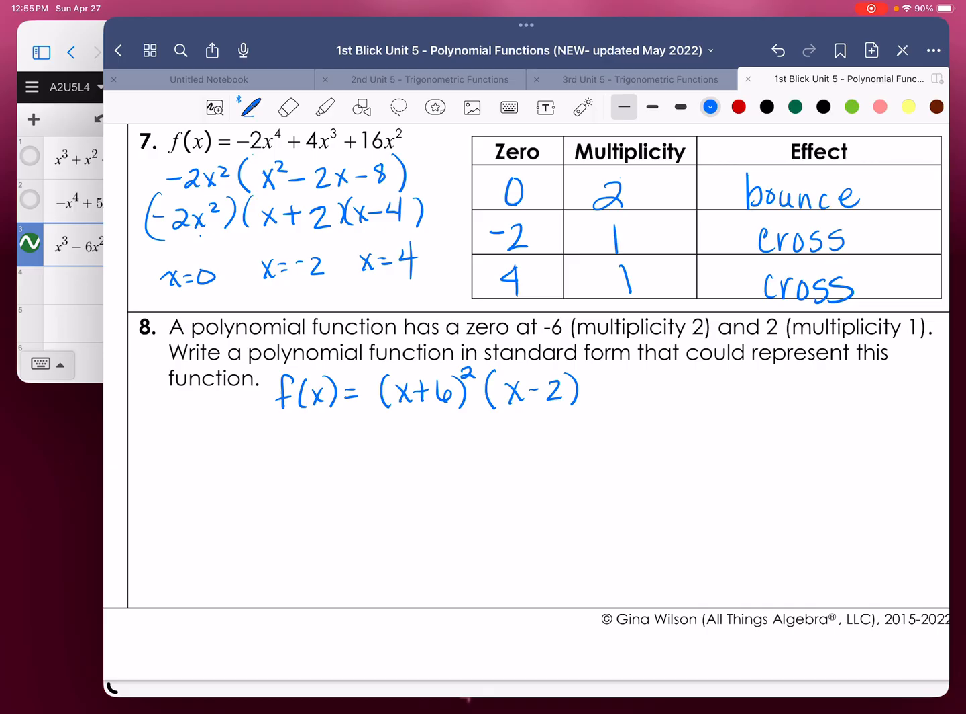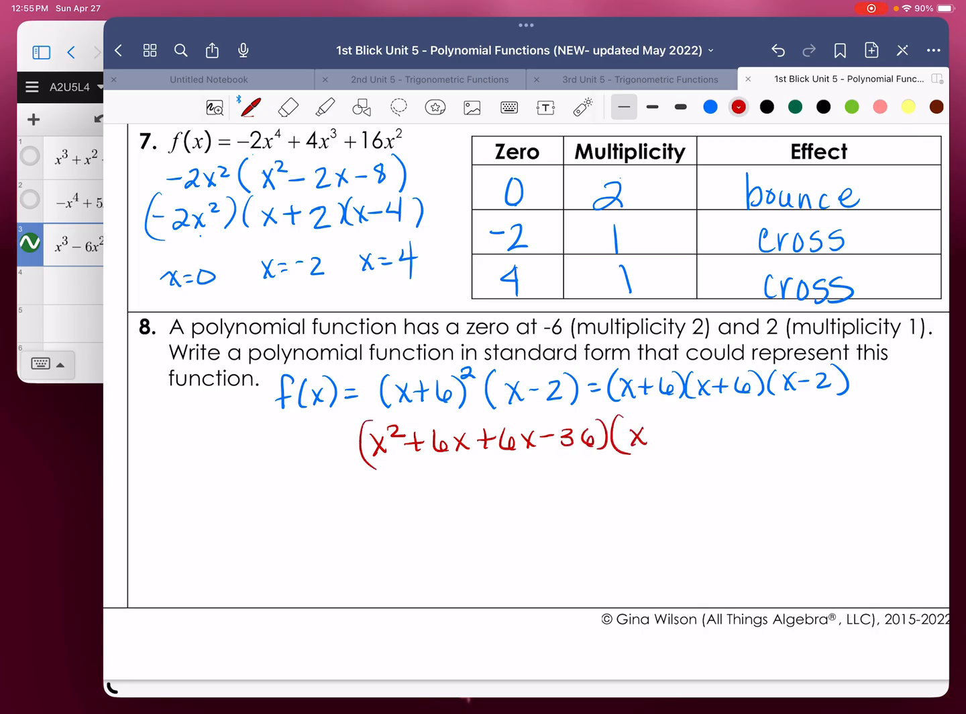Now we just need to multiply these things out. And remember, when you have x plus 6 squared, you've got to expand that out to multiply it. All right, so this is what we're going to do. Now we're going to FOIL these first two together. Remember, you can only multiply two things at a time. So when you FOIL, x times x is x squared, and then you're going to get plus 6x plus 6x plus 36,